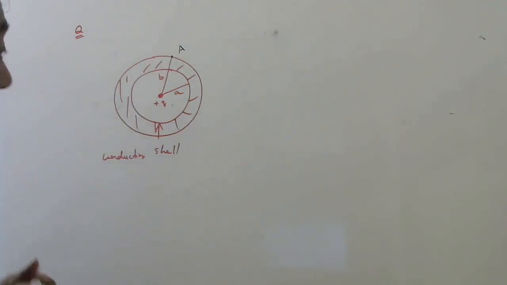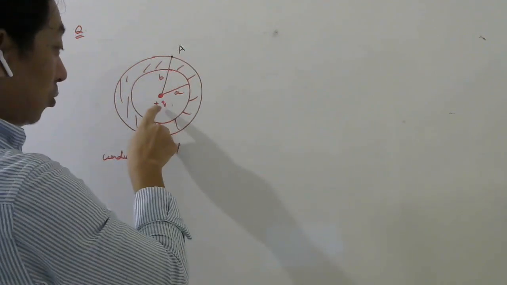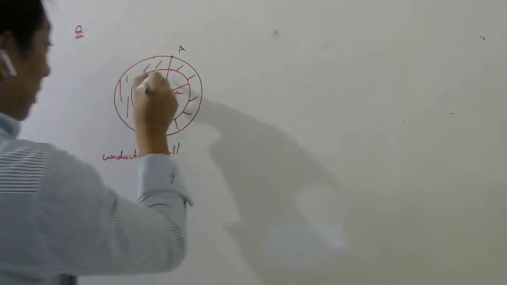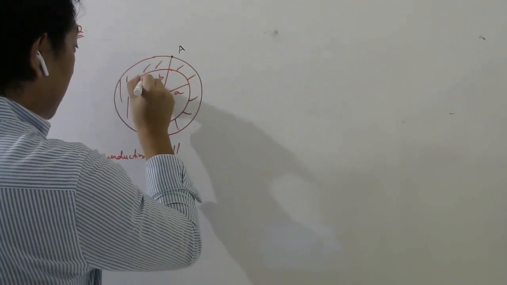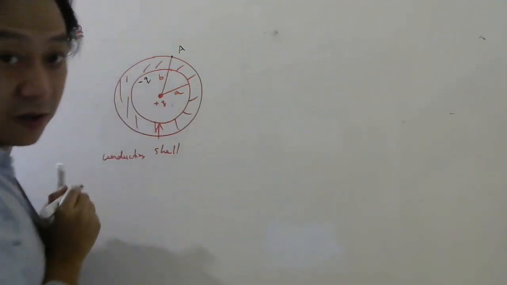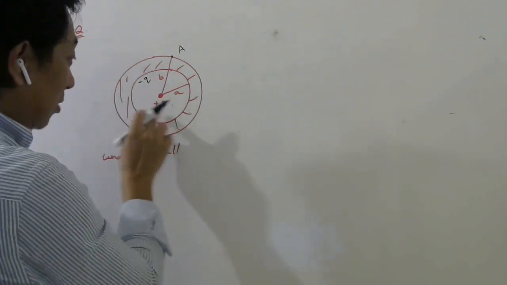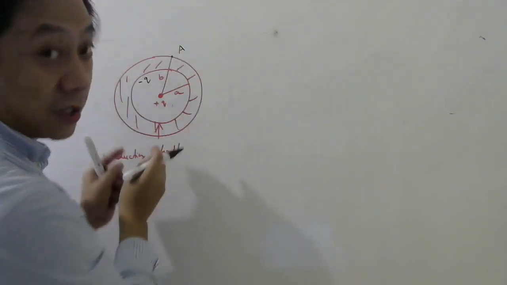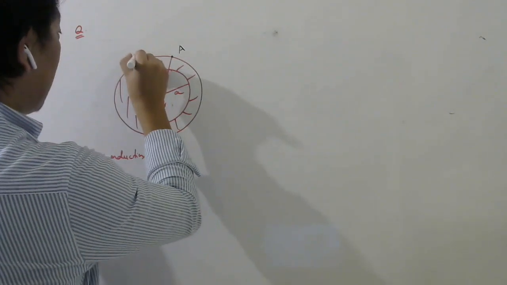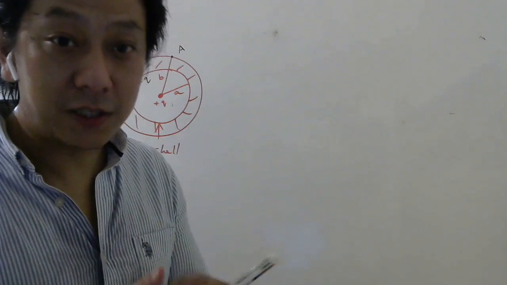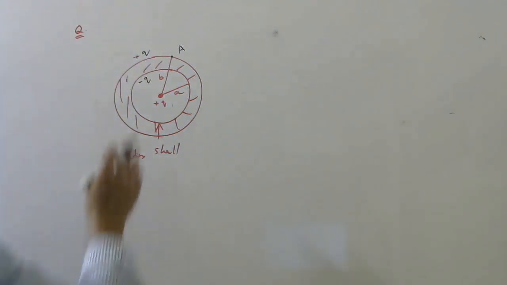You cannot calculate potential here directly due to only this charge, because this plus Q will induce in the inner surface how much charge? Minus Q. Already we know, right? So this plus Q will induce minus Q here, and therefore since it was neutral, outside there has to be how much charge? Plus Q, because the total charge has to be 0 even now. So now look carefully.